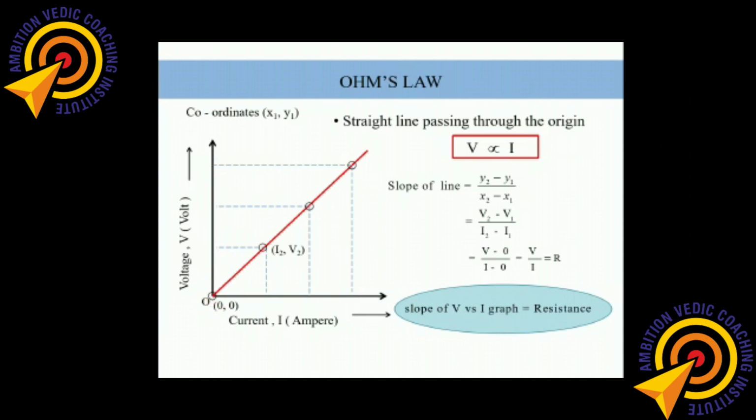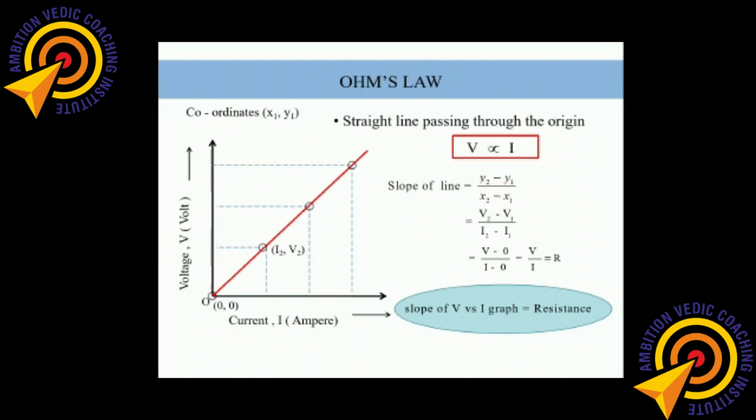Fine. All these points correspond to an x coordinate and a y coordinate. We know that the slope of a line is nothing but inclination, how much the line is inclined to the x-axis, and it is always calculated by the difference of two values on the y-axis divided by the difference of two values on the x-axis.